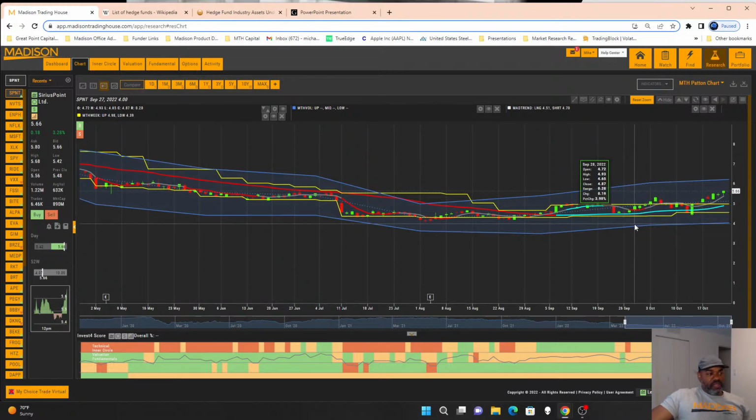Now, if we were to manage our risk, we want to make sure that the stock stays within the blue channel. So if it were to go down to the bottom of that blue channel, that's where we would be looking to exit, because that would imply that the stock is probably going to move significantly farther in a negative direction. However,